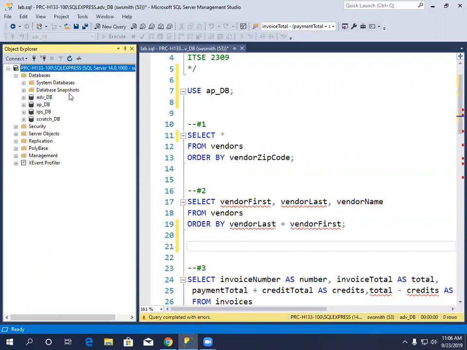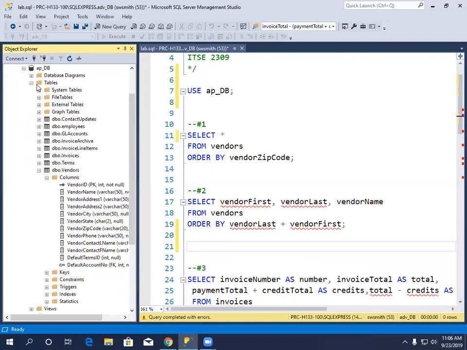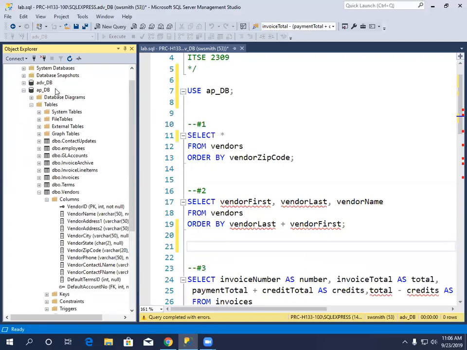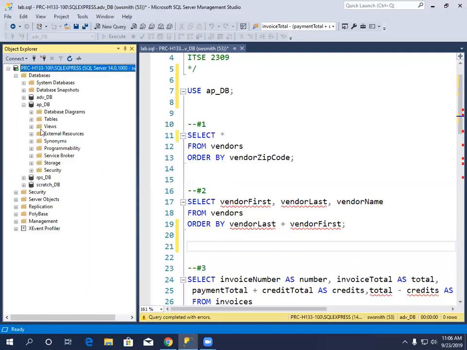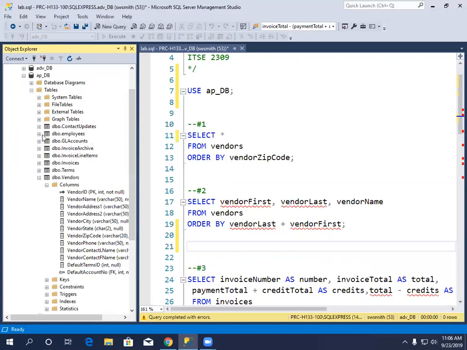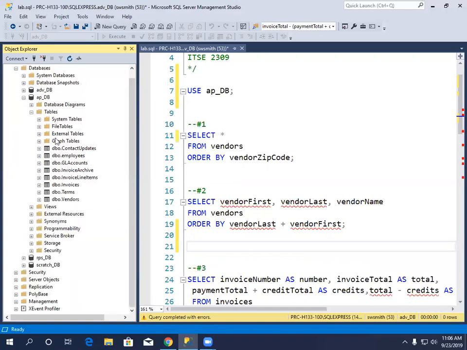What is the name of the database that we're using? Well, we're using the AP_DB. Don't worry about these others. If you see ADVDB, that's the advanced class. So we're in the AP accounts payable database. If I drop that guy down, so I'm in AP, one of the things that I find under him is tables. Under tables, I can drop down the tables, and look for